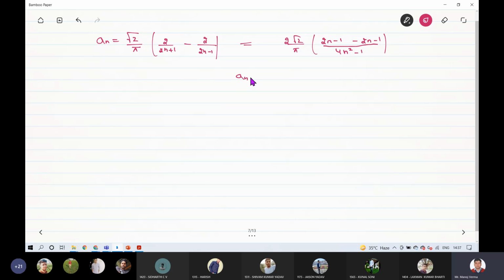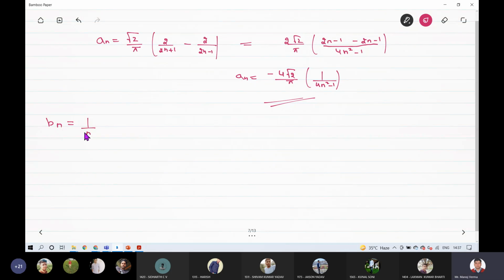So this value of an will become negative 4 root 2 over pi multiplied by 4n square minus 1. Okay, so this was my value for an. Later on, I will just insert the value of n from 1 to infinity, and then we will see how this expression goes. Similarly, if I want to calculate the value of bn,